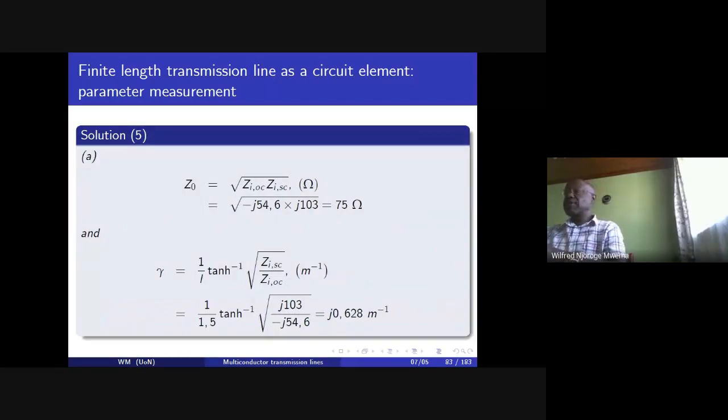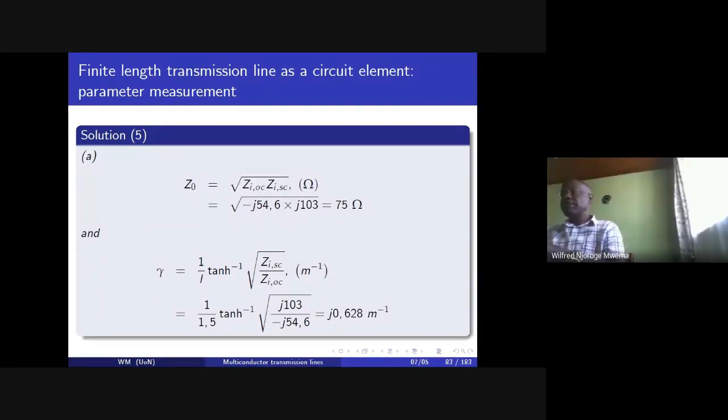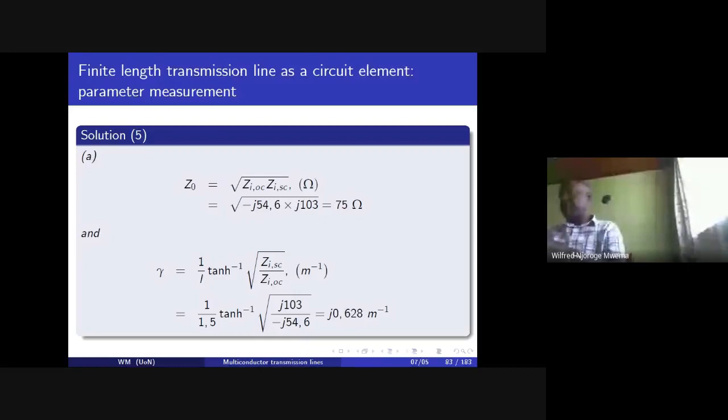So the Z naught, of course, we have seen is going to be the square root of the product of ZIOC multiplied by ZISC, and we see that that comes to a value of 75 ohms. And gamma is given as 1 by L, the hyperbolic arctangent of the ratio ZISC over ZIOC. We divide by pi to get it in terms of multiples of pi, and we'll see that is about 0.2 pi, I think,